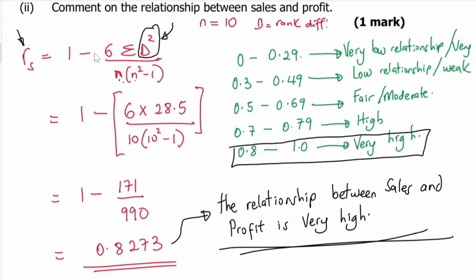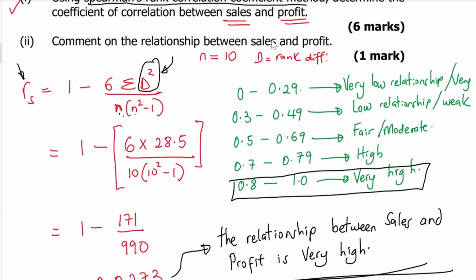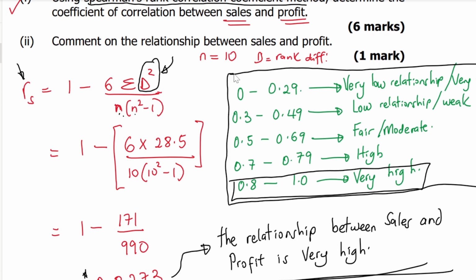So that is your 1 mark in that question here, up here. And they say comment on the relationship between sales and profits. Because it is from the rank correlation that you're able to determine the comment. So the relationship is very high. You can say that the data between sales and the profit, their correlation is very high, or it has a very high correlation coefficient. Yeah. So again, it's important that this is memorized. It's rare that they'll give you this